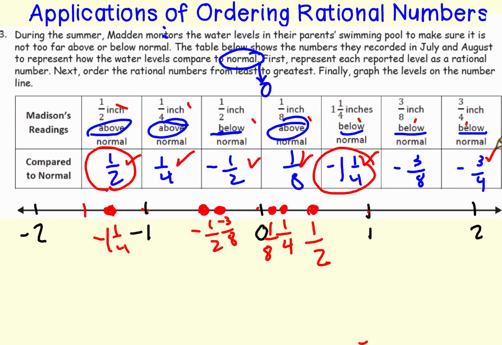So the last value I have to put in is -3/4. So remember we talked about a fourth is halfway between 0 and 1/2. So 3/4 has to be halfway between 1/2 and 1. And in this case, between -1/2 and -1. So now let's write them in order of least to greatest. So I have my set notation and the least value